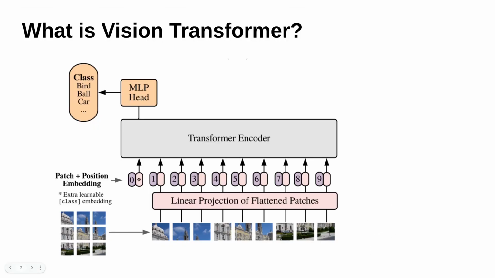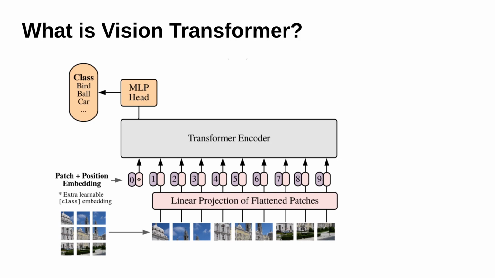So our first question is, what is vision transformer? Vision transformer, or simply ViT, is a transformer based architecture used in the field of computer vision. It is directly inspired by the use of transformers in natural language processing tasks. So now let us compare the vision transformer with a normal CNN. In a normal CNN, the complete image is taken as input, while in the ViT, that is vision transformer, the image